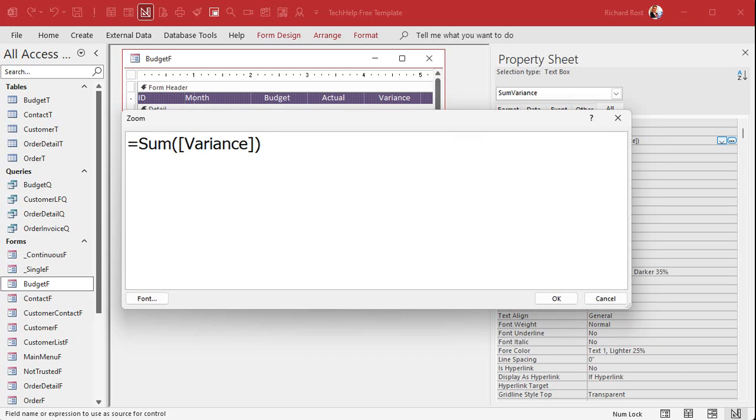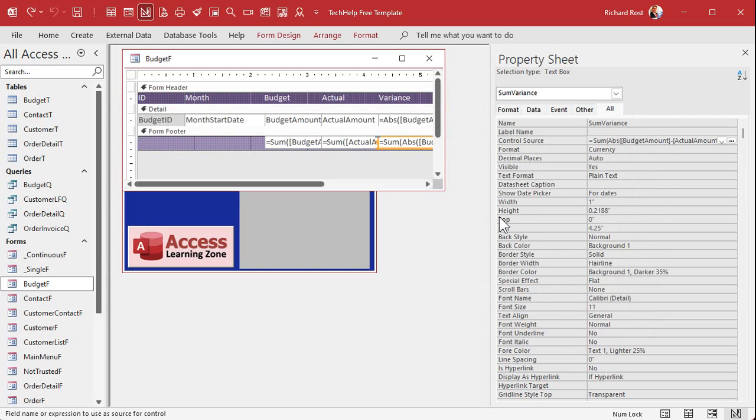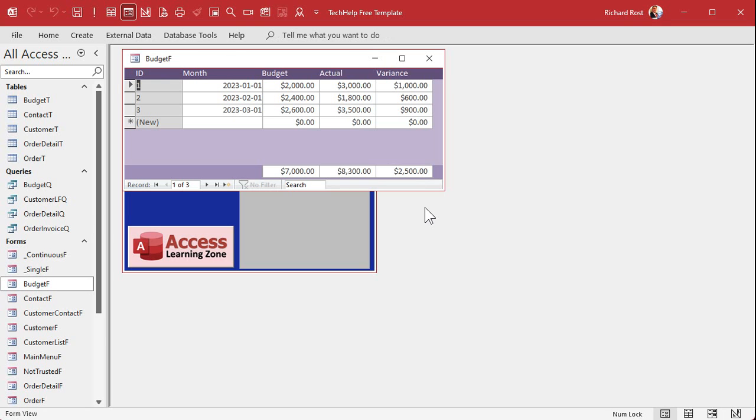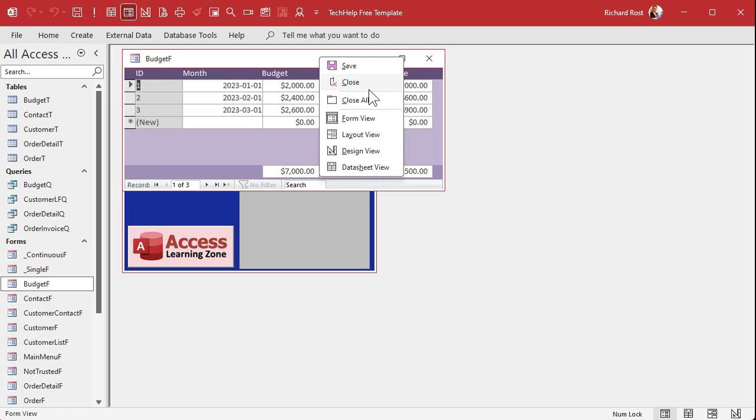You could try the sum of, give me that absolute value function again. Instead of that, we'll put this in here. Okay, put that absolute value of budget minus that inside the sum function. We'll see if that works. Save it, close it, open it, and okay, there you go. That one does work. Okay, but that's complicated,